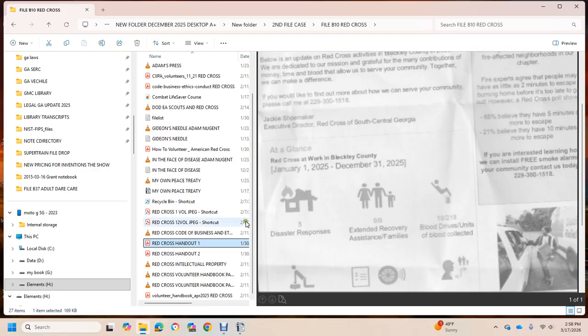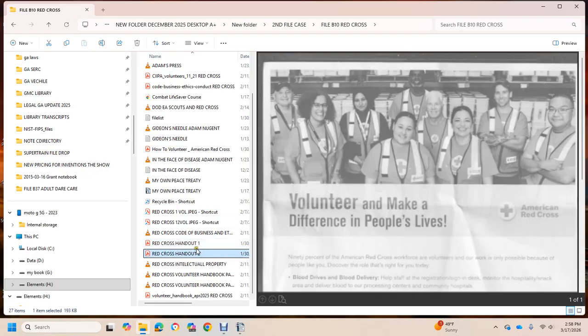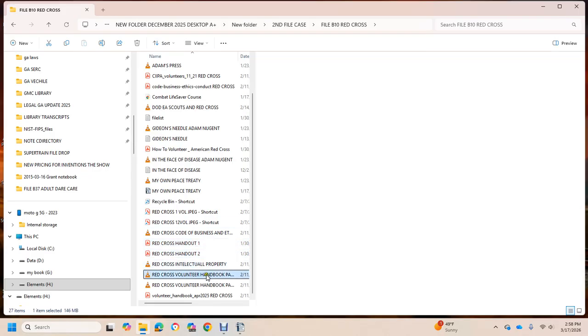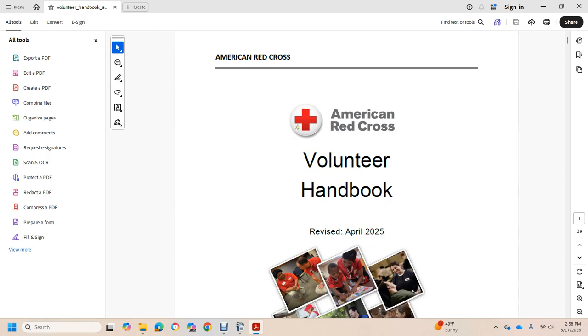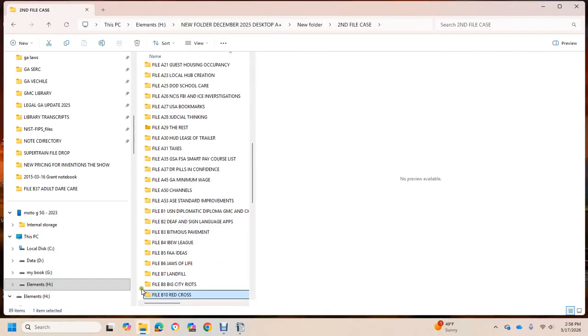This is Red Cross handout 1, 2, and then we have the volunteer handbook. The volunteer handbook is red there in the cones, which means VLC. American Red Cross Volunteer Handbook, a reference guide for general information and procedure, Red Cross. So let's move on to